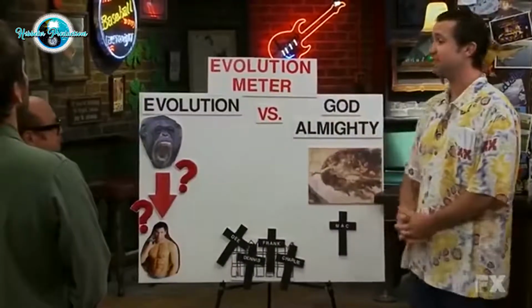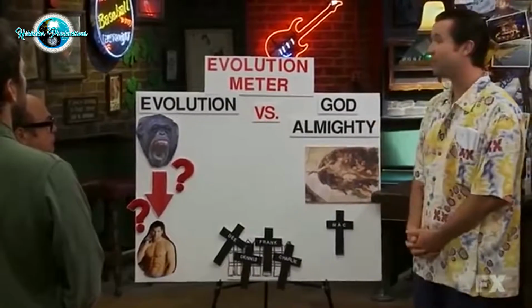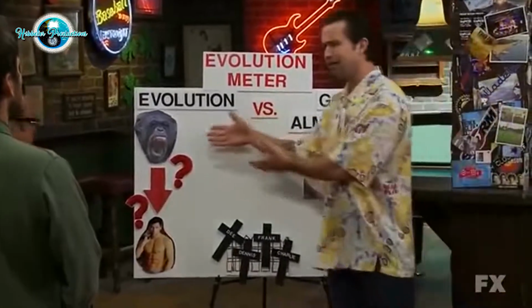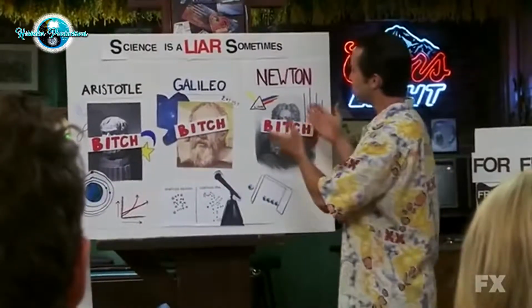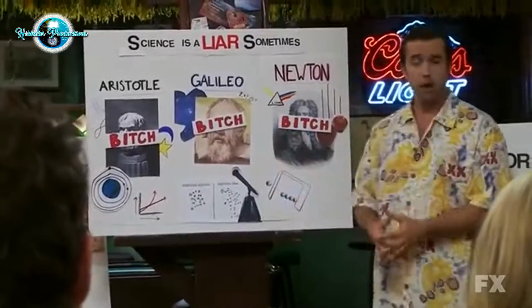Now, as you can see, this is the evolution meter, and I've put God, the creator of everything, on the right side, and evolution on the left. I won't change my mind, because I don't have to, because I'm an American. I'm dug in, and I'll never change. Mac, look, you're wasting our time. You're not going to get us to not believe in evolution. And why is that? Because the smartest scientists in the entire world all agree that it's real. I'm glad you brought that up. Mr. Reynolds, these were all the smartest scientists. Only problem is, they kept being wrong!